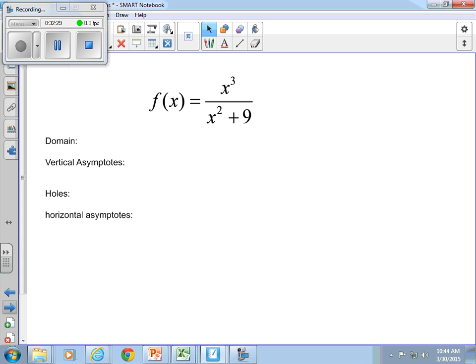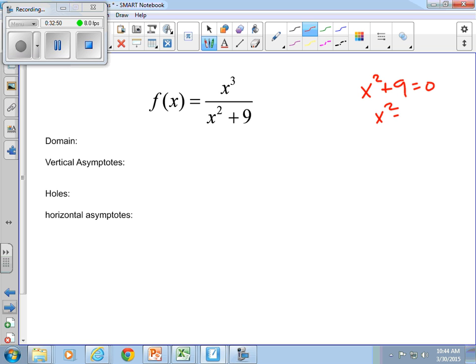It's a sum of perfect squares, which is not something you've ever heard of because it doesn't exist. There's no factoring rule for that. It has to be a difference of perfect squares, so it has to be subtraction in between. So it doesn't factor, and if you were to say, well, when does x squared plus 9 equal 0,